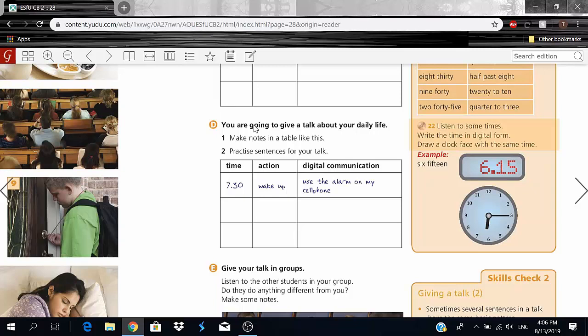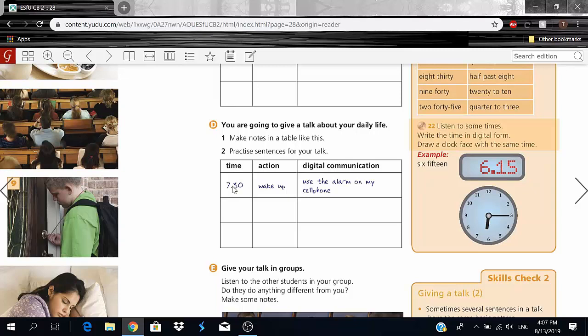You guys remember the same style that we used to write notes in the previous exercise? We're going to do it again, and this time you're going to be practicing your sentences for your talk, okay? So actually I cannot open this, so I can write some stuff for you guys down, but that is fine, okay? And start with how you wake up. Personally, I'm not going to use it all. I'm just going to say a little bit or give a few examples.